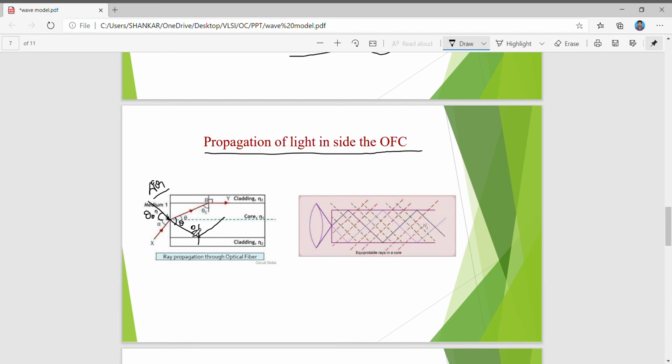See here, the incident signal at the boundary of air and core has an angle of theta naught. We incident the signal with an angle of theta naught. This incident signal makes an angle theta inside the core, and the signal at the core and cladding boundary makes an angle of pi.